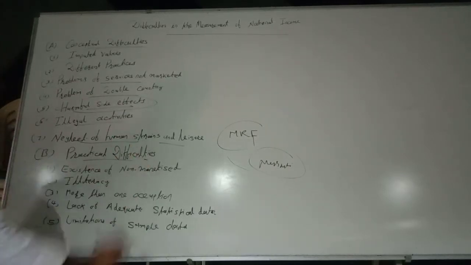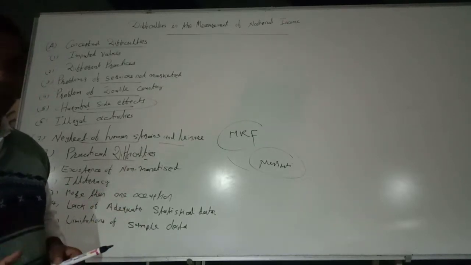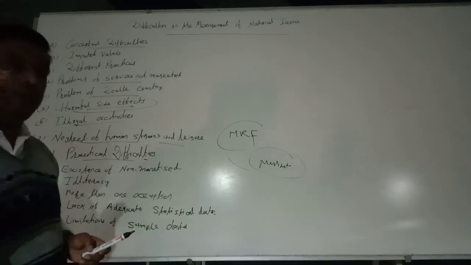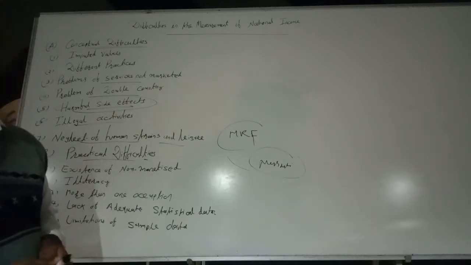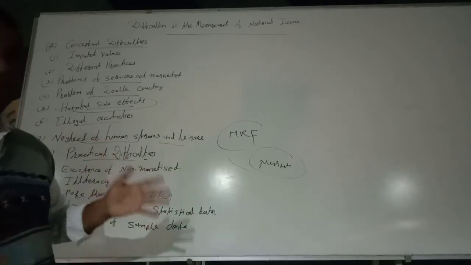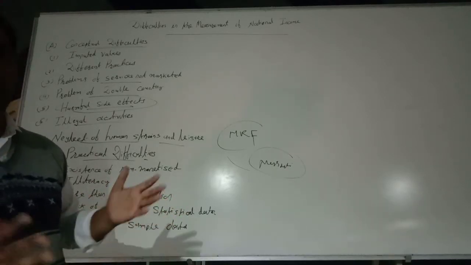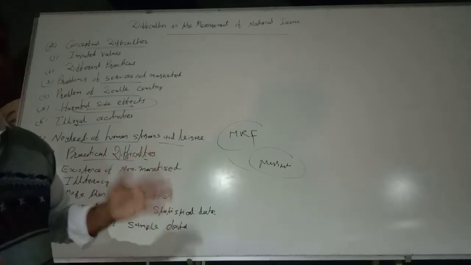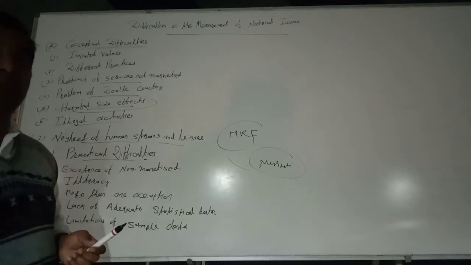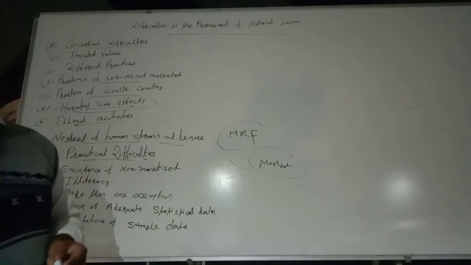Apart from conceptual difficulties, there are also practical difficulties. Practical difficulties are the difficulties that underdeveloped countries and developing countries generally face more so far as national income data is concerned, because in advanced countries statistical data are available easily. Okay, वो information उनको available है. But a country like India is a very vast country with different regions, different languages, different localities, so it is very difficult to collect national income data.